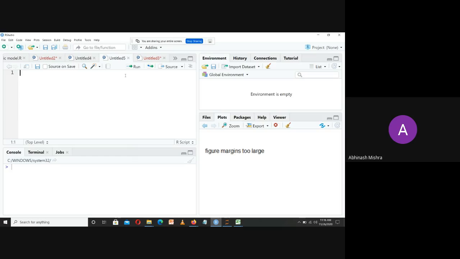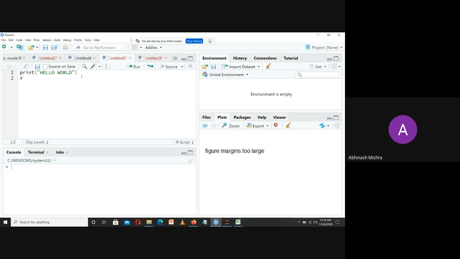I've just zoomed in on my RStudio. This is RStudio and the editor window is this, where I am writing this particular code that is called hello world. Now, how will you run this code?